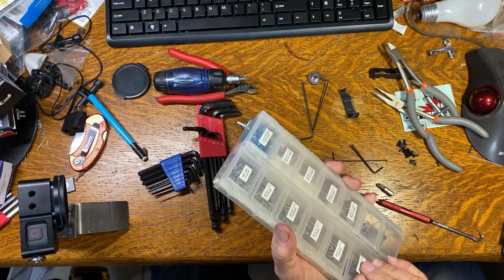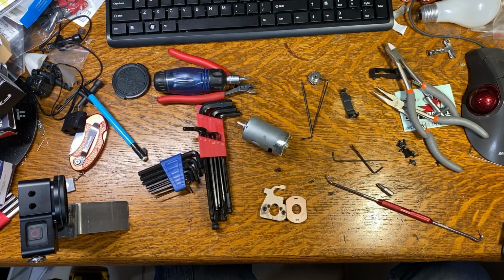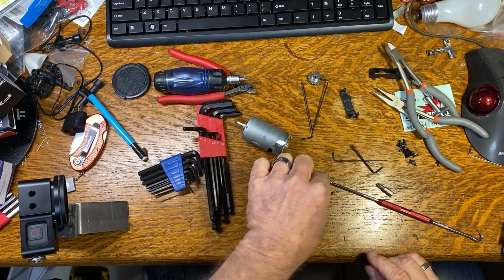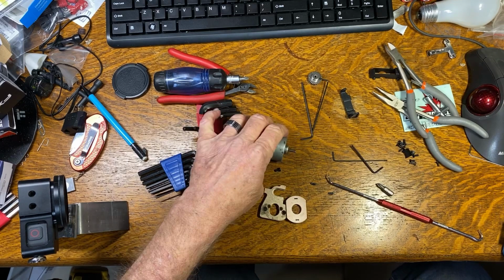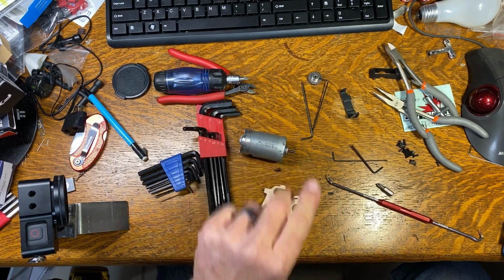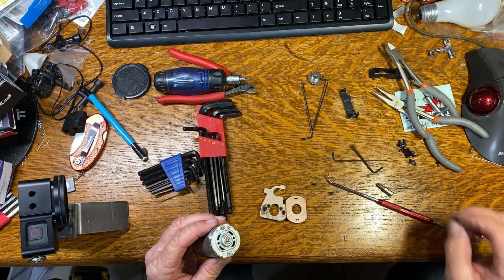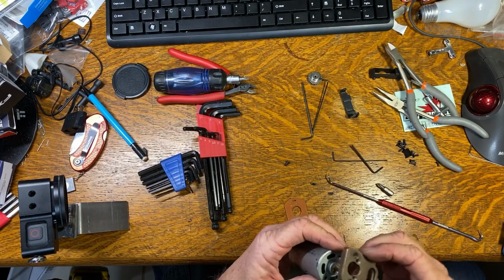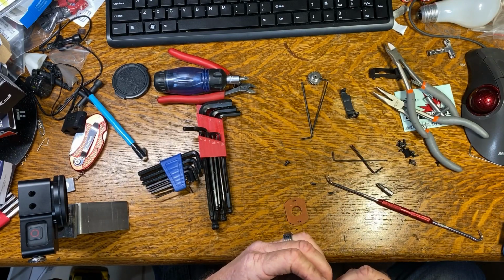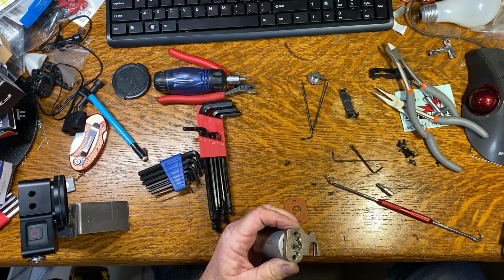Now I will say that I didn't have a Phillips screwdriver that fit the screws that I had to drill out of here. Nothing I had fit those screws properly, which I suspect is the reason most guys are having problems with these. They were actually Loctited into the vehicle, or into the motor, however you want to call it. They were Loctited into position, and I didn't have a single